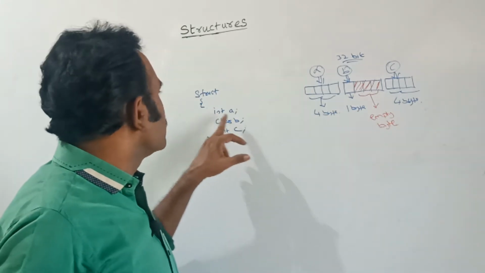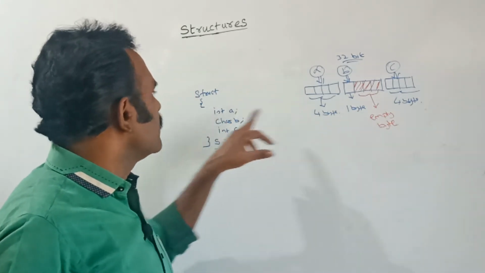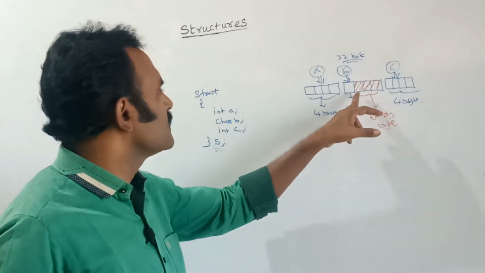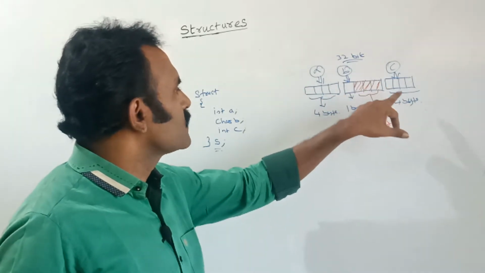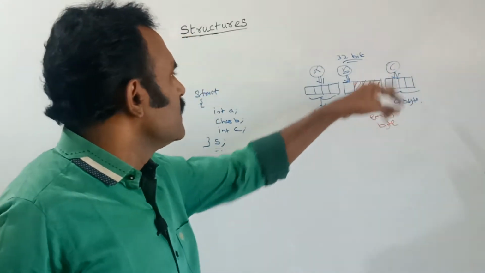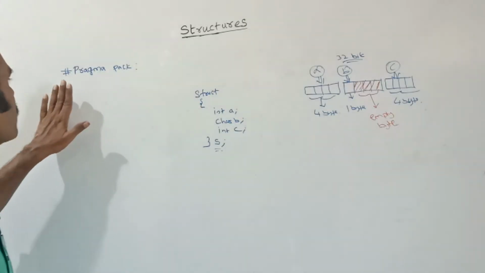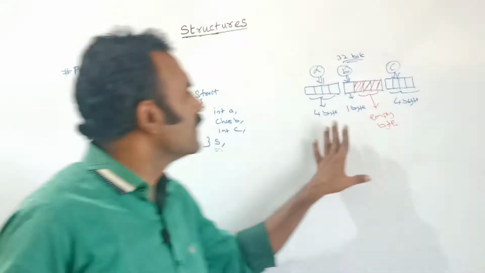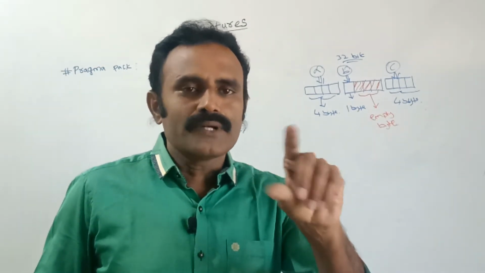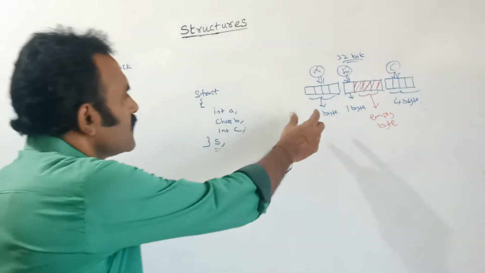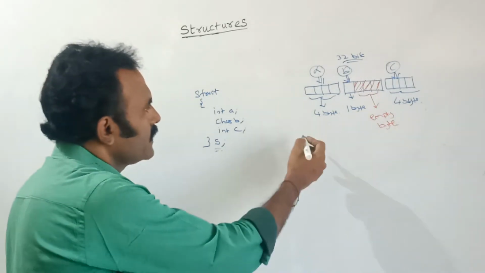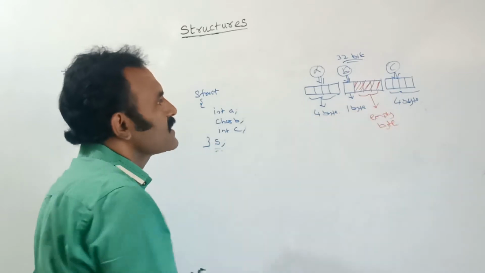See here, for each and every cycle, for example this one integer A 4 byte, next one character, a single one, next one integer data type. Here this will be allocated next to this block of memory. It will align the 4 byte and it will place the member C here. Suppose if you are using this Pragma pack, we can set our alignment. For example, all these 44 bytes. Suppose if you are aligning it in single byte, then this blank space can be removed.